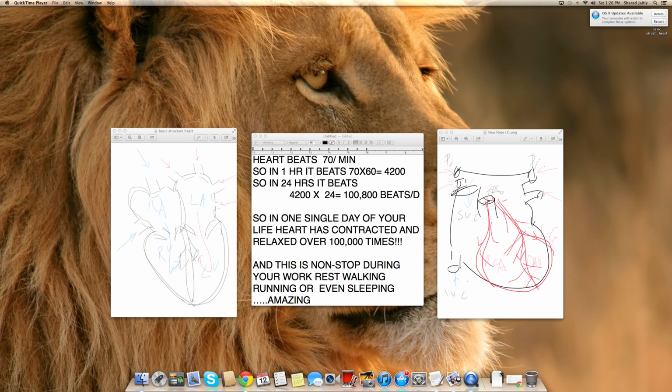So assuming that the heart beats 70 times a minute, roughly 60 to 70 times a minute, so say 70 times a minute. So in 1 hour it'll beat about 70 times 60, which is 4,200 times in 1 hour. Now in 24 hours, therefore, it'll beat 4,200 times 24, which is over 100,000 beats a day. So in other words, in one single day of your life, the heart has contracted and relaxed at least 100,000